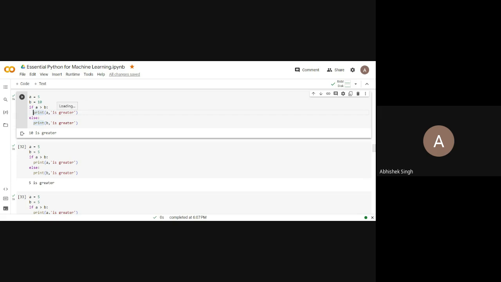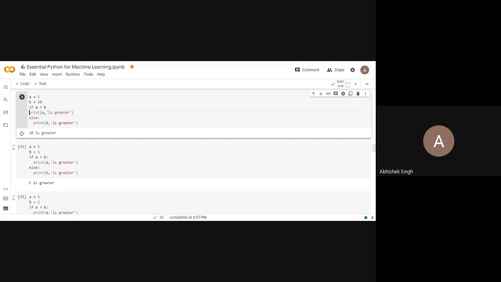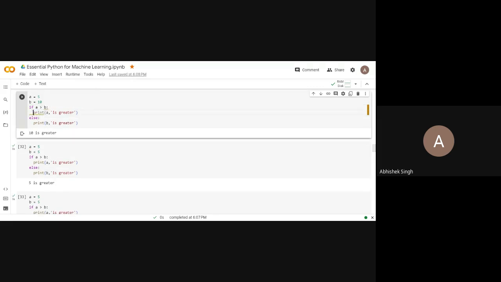So suppose you don't write colon, then you will get this type of statement: print statement is not inside if block. So if you write colon and press enter, automatically it will get inside the if block. Okay, so you have to take care of this thing. This is indentation, this is alignment, and if you are coming from any other languages, you may sometimes get irritated because you are not habitual to put colon here, you are habitual of getting brackets here.